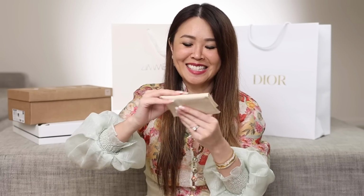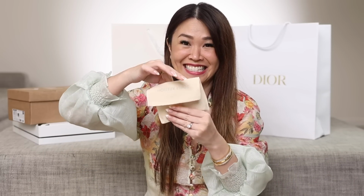And it is this, dun, dun, dun, flat card holder. So I thought I missed out on this. This is their limited edition animation. You know how they come up with it every year. And originally I wasn't going to get it, but I did want this one because this one is the one